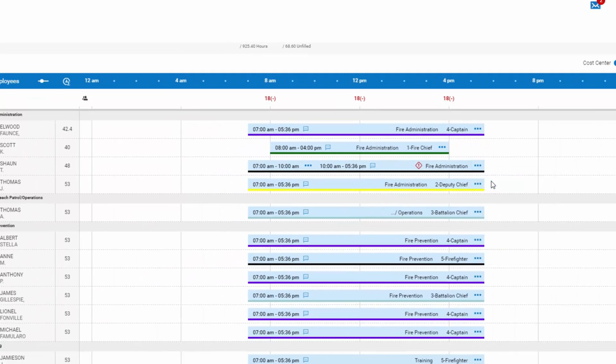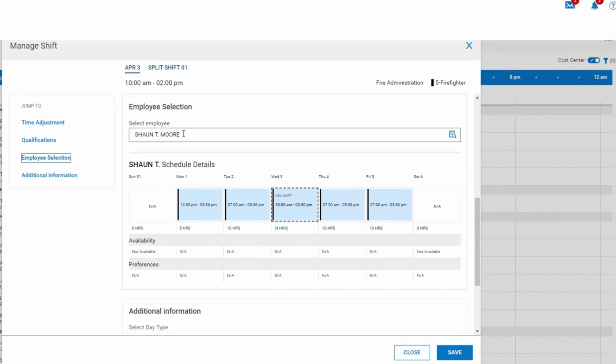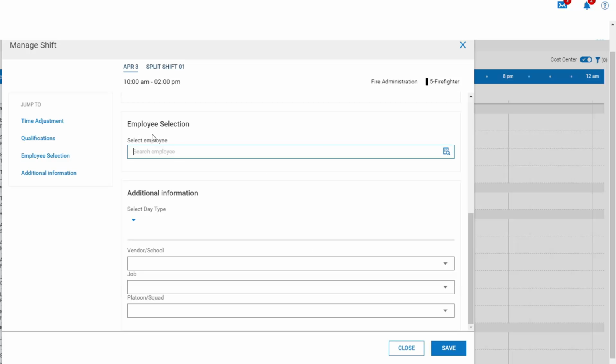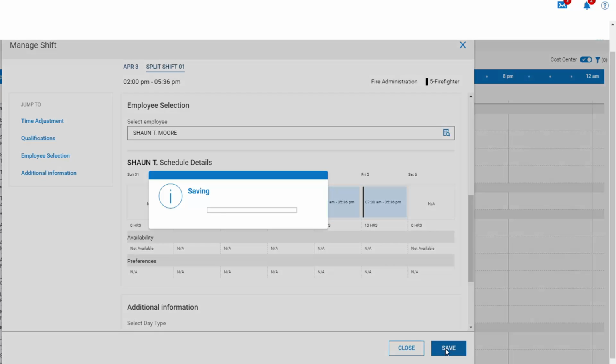So when we click Manage, we'll then go to the ellipsis on the shift time and say to split from 10 a.m. to 2 p.m. is the time that Sean is going to be out. So in this case, we go down to the employee selection and we remove Sean to make this section an open shift, and then Sean will remain on the 2 to 5:36 shift when he comes back to work. Clicking Save